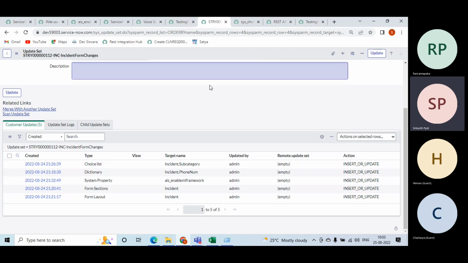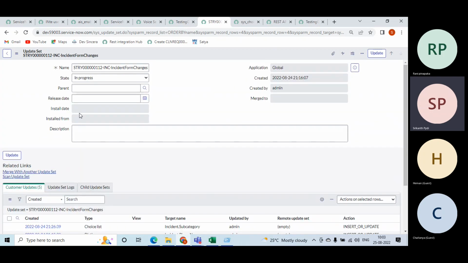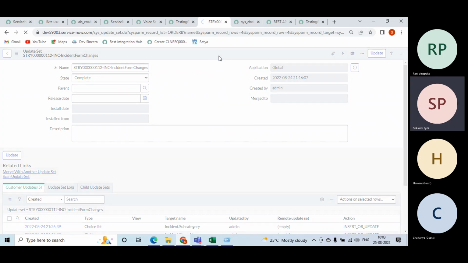Now, in this scenario, I have made some changes. After completing my entire work as part of my story, testing is completed, my unit testing is completed. Everything is done. What I have to do is migrate this particular code into the destination system. So I have to complete this update set. So after completing this update set,